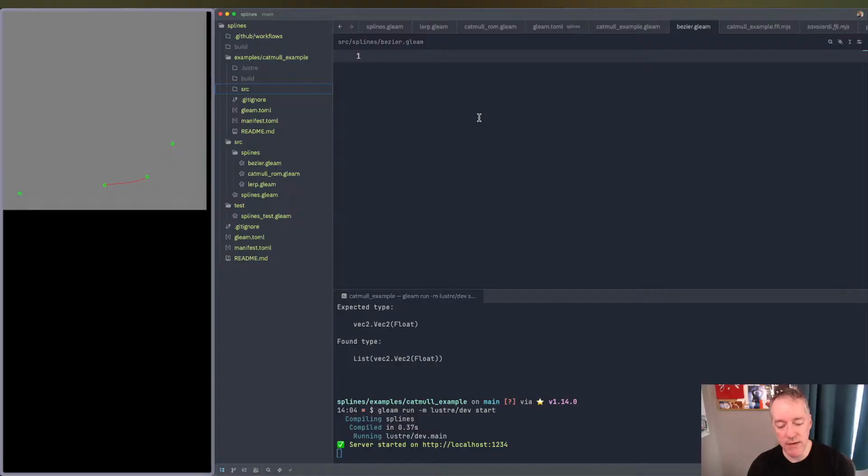So cubic has 2 endpoints and 2 control points. If the control points end up on the same point, you've degraded it to a quadratic Bezier spline. So we can expose both cubic and quadratic, or we can just say, well, you're getting cubic, and